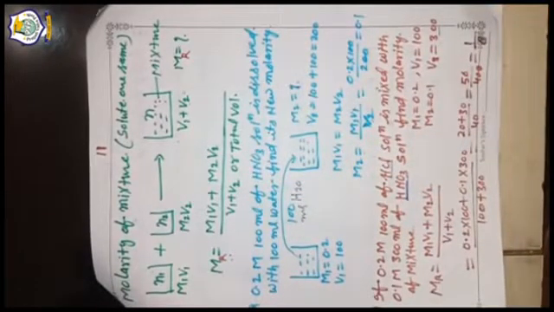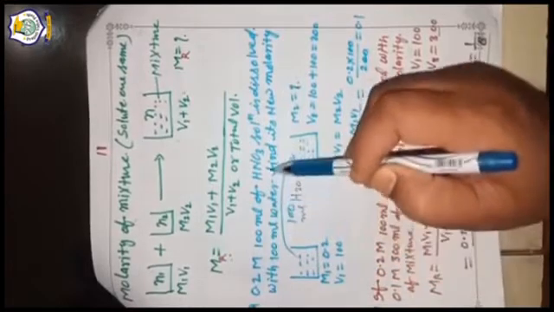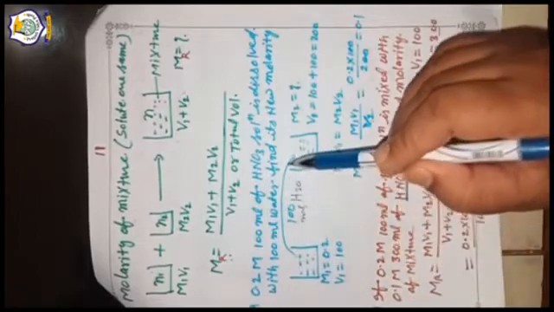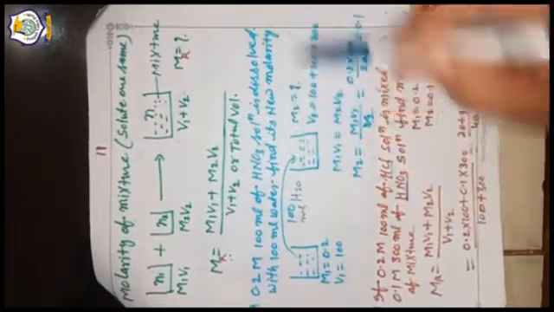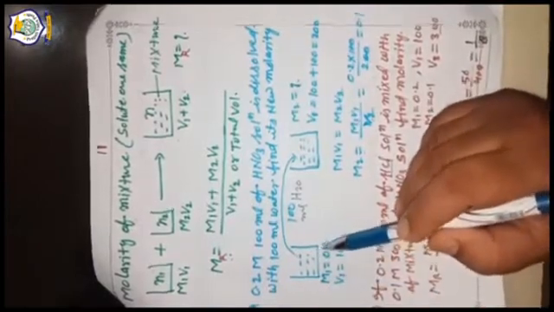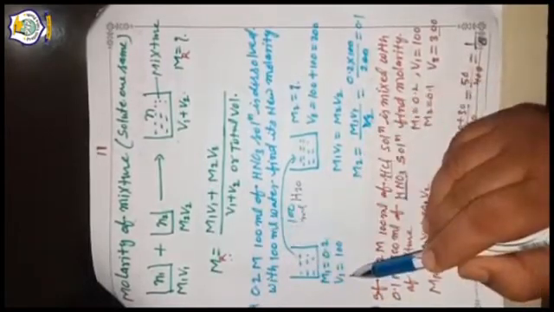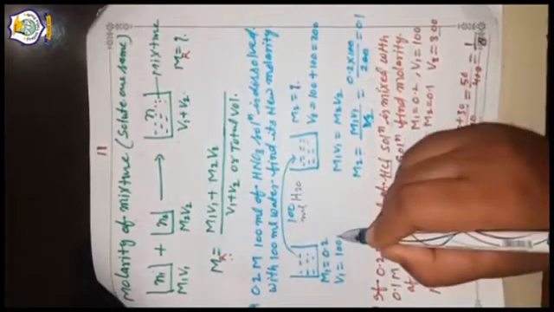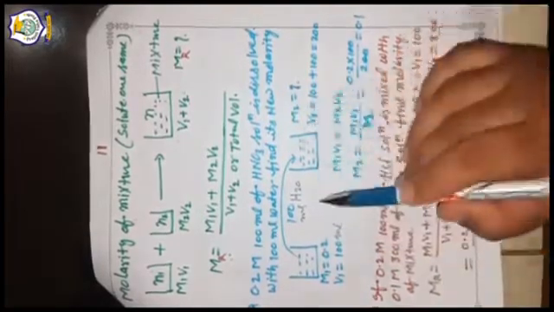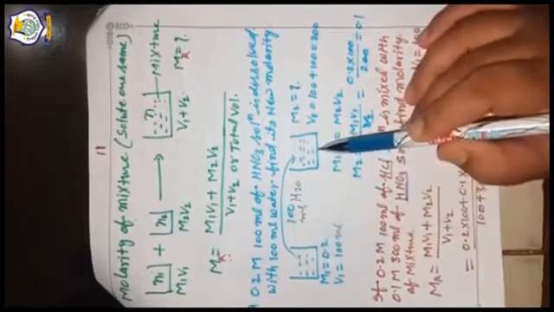Let us solve some problems. 0.2 M, 10 ml of HNO3 solution is diluted with 100 ml water. Find its new molarity. First, we take this solution. Its molarity is 0.2, volume V1 is 100 ml. After mixing the 100 ml of water in this solution, a new solution is prepared.